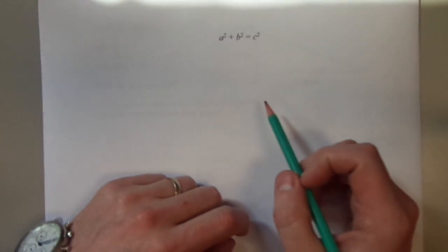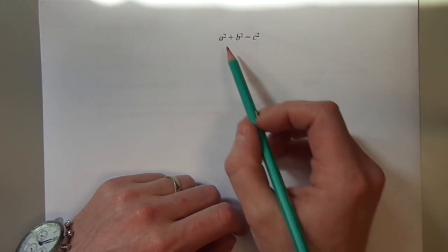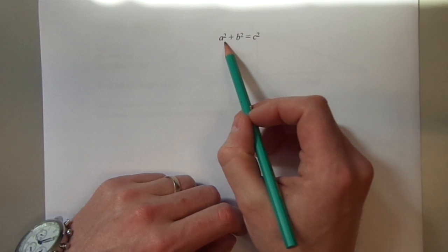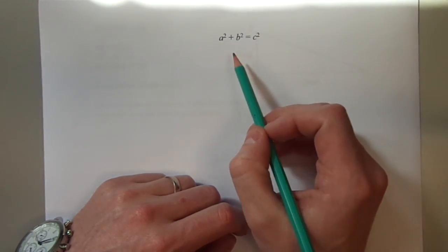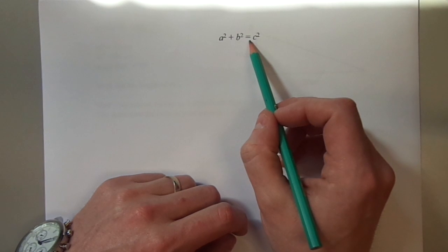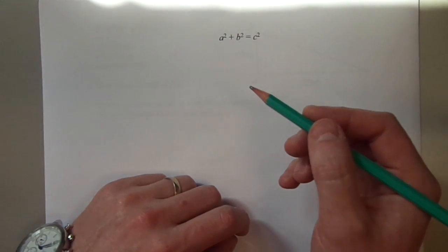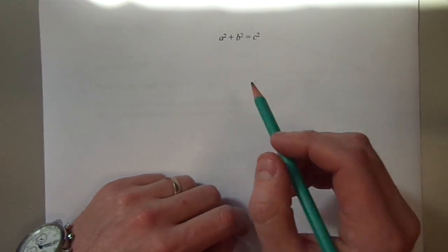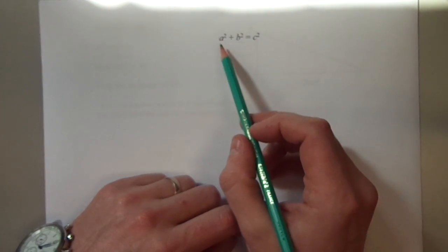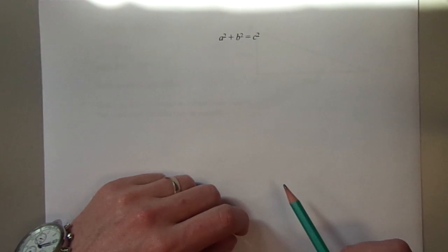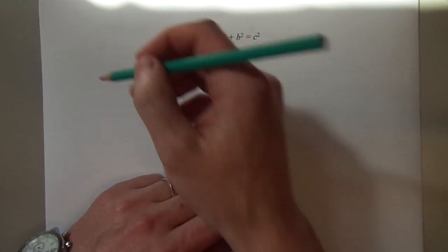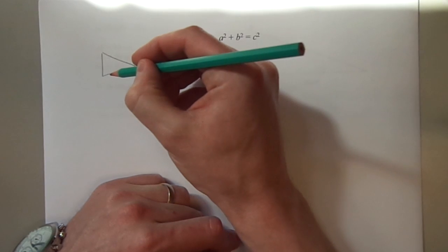That's the relationship I've just shown you written algebraically, where this represents the area of one of the small squares, this represents the area of the second small square, and this is the area of the larger square. And what we can do with Pythagoras theorem is, if we know two of the sides, we can use this connection to work out the length of the other side. So for example, in the previous right angle triangle,